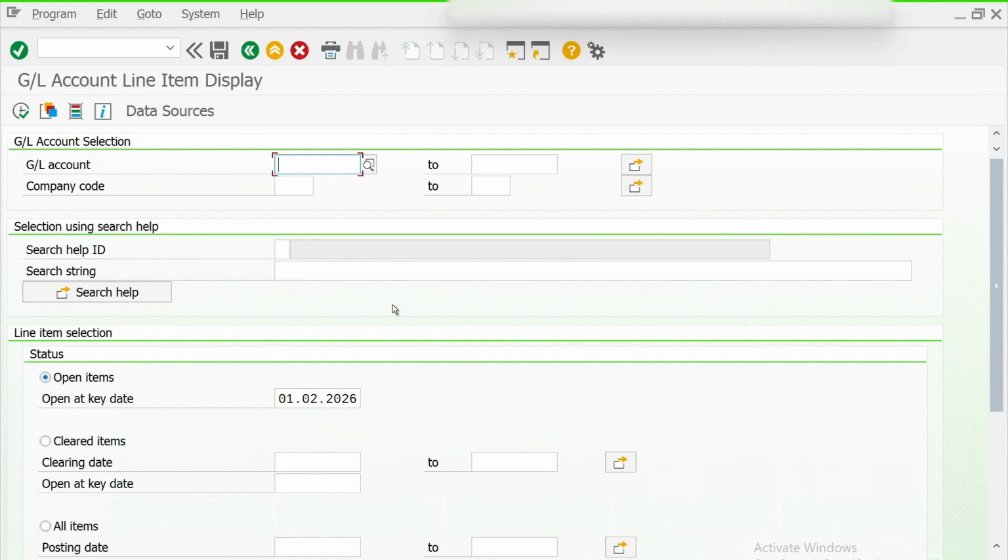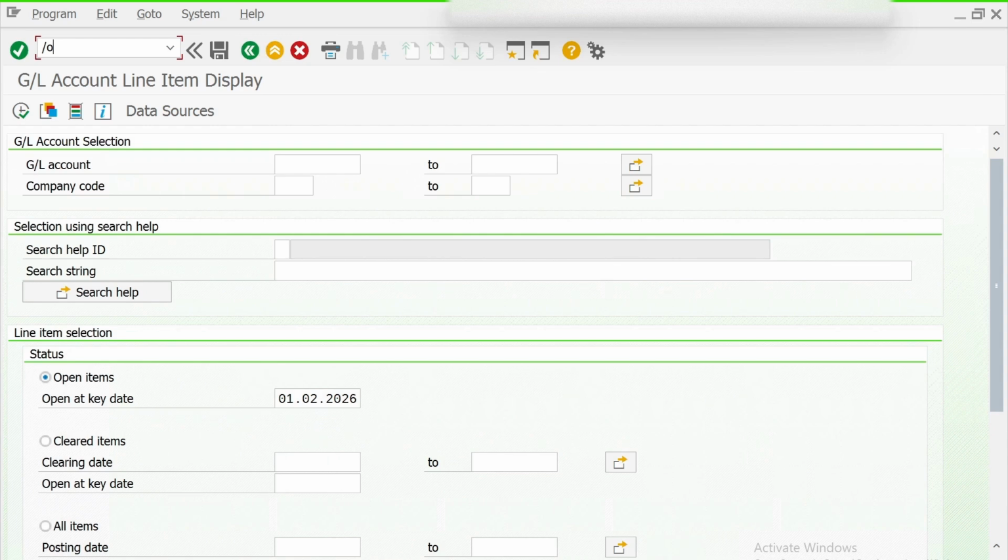Now the requirement is, here we are, I want to open the accounting document screen while keeping this screen open. In that case, we will use the T code slash O. Slash O will keep the screen open and will also open the desired screen as per your input or T code.